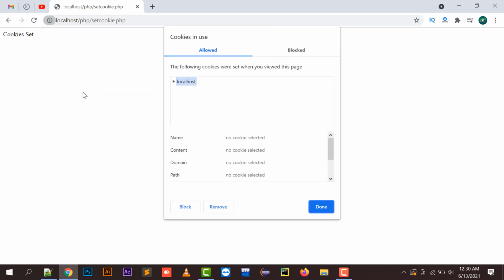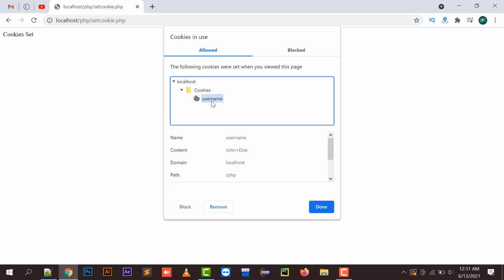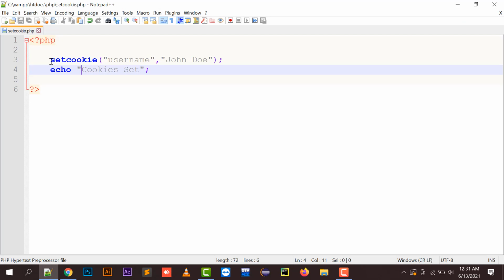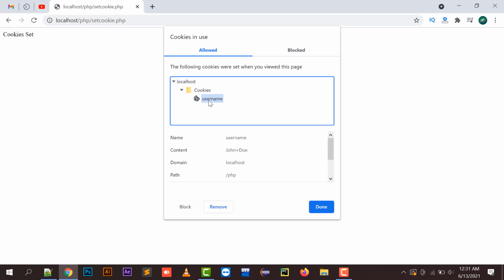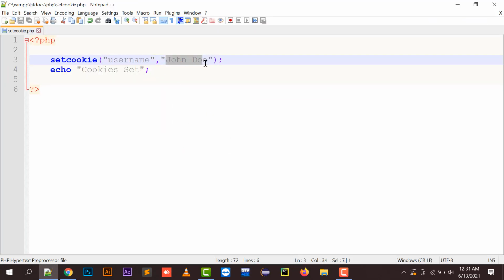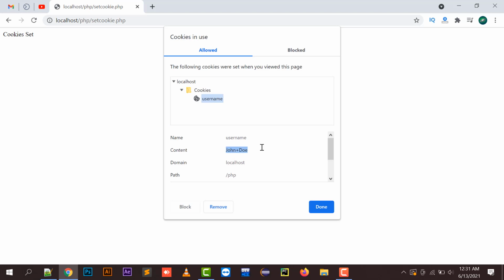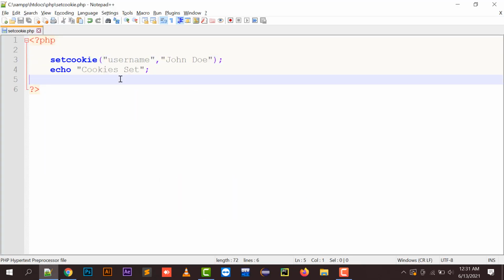You have to click on cookies, then a pop-up is opened, and here you have to click on localhost, then cookies, and here your username cookie has been created with the content John Doe. In this file, I have created a cookie named username, and the value of that is John Doe. So in this way you can create a cookie in your PHP file.